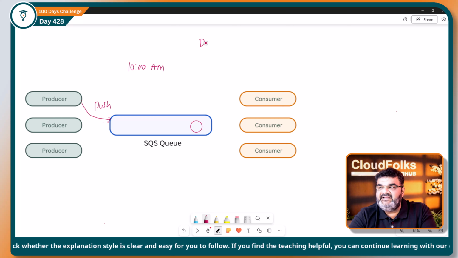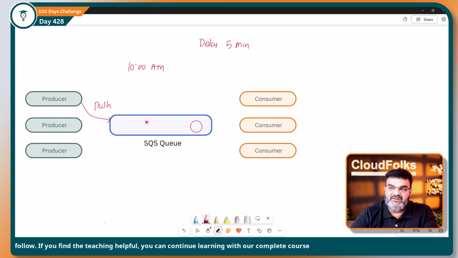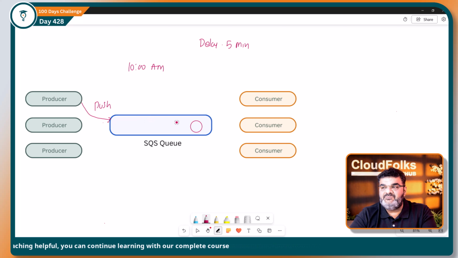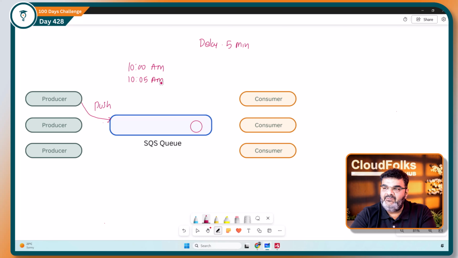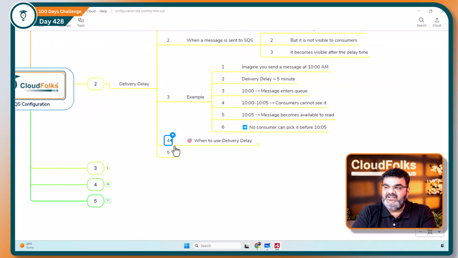But if delivery delay is 5 minutes, then what will happen? Let's say that the producer pushes a message at 10 a.m. Now this message will be in the queue, but the consumer cannot pull it until 10:05 a.m. It means the message will be available for the consumer at 10:05 a.m., means after 5 minutes, right? Now, the question is why we need this kind of delay, okay? So here we have